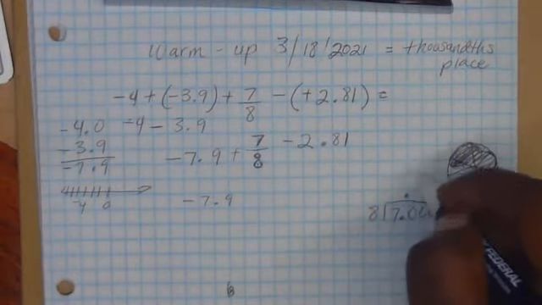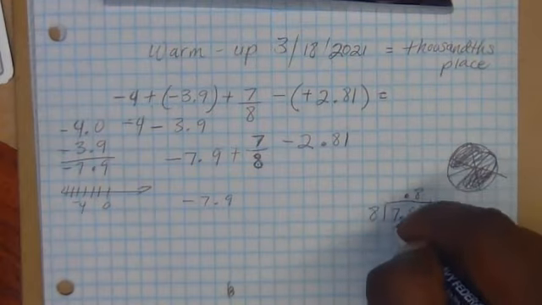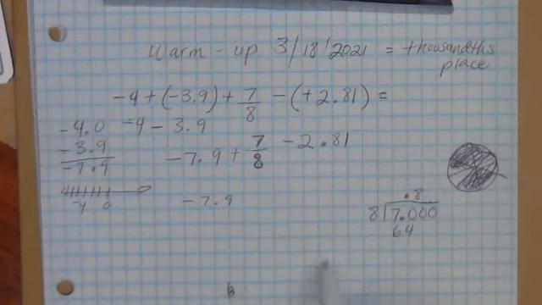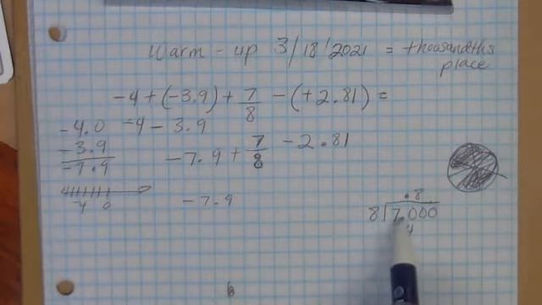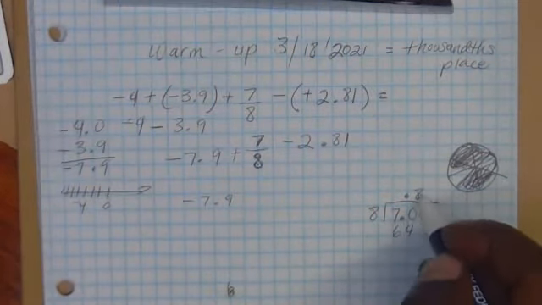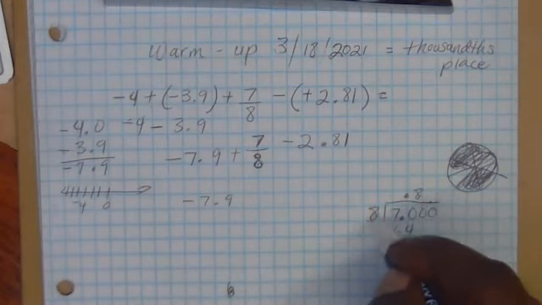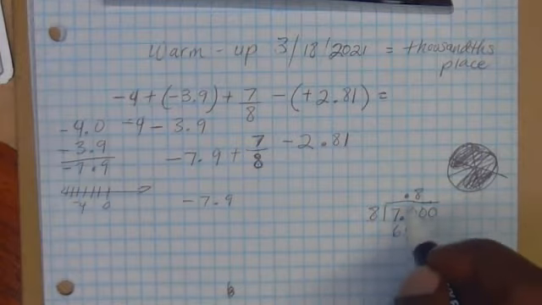So let's bring our decimal point up, and 8 times 8 is 64. You can forget about your decimal, just pretend it's imaginary. Or you can put it there, and 0.8 times 8 is 6.4, and it'll be the same. But since you know you're bringing your decimal point up,